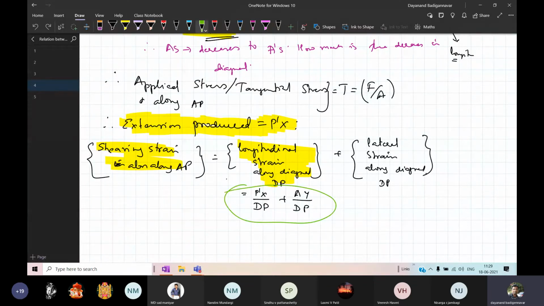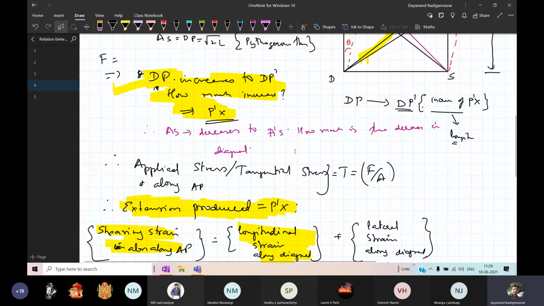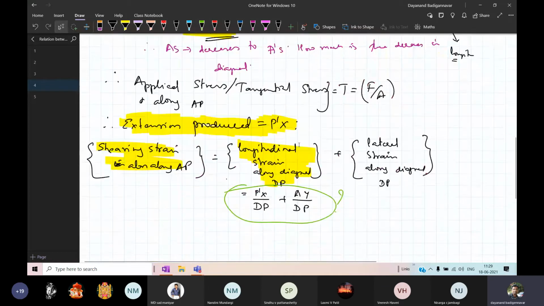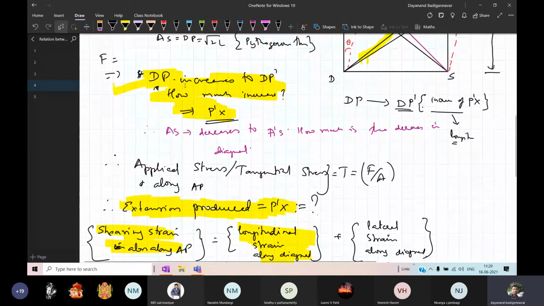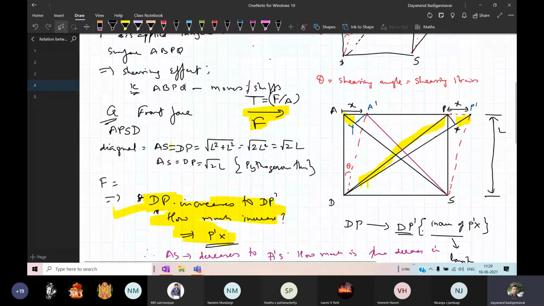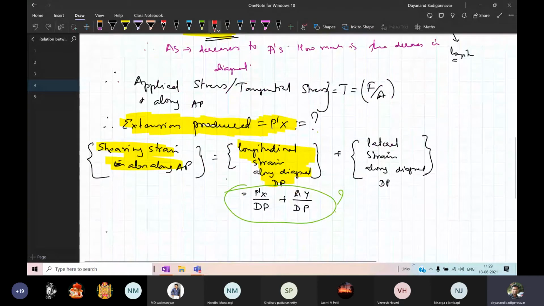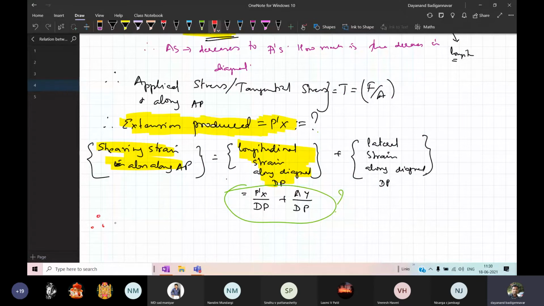Now I want to find the total extension. This is the aim now. What is the total extension that I have to find? This is the main thing I am interested in. How to find it? Here I have to find the total extension along dP. So from the above discussion, I can write the total extension, you write it here, total extension